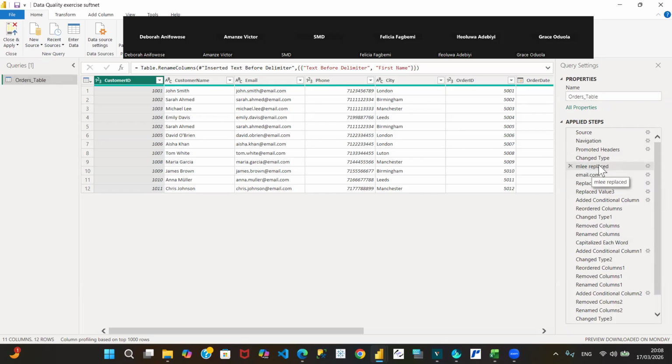We renamed this step as Emily replaced. This is where we corrected Emily's email, Michael Lee's email. You can do the same for each of the steps, just for it to remind you of exactly what you did in each of those steps. I think it's a good way to record your steps, recording everything that you did. If you don't have time to do that within the data,